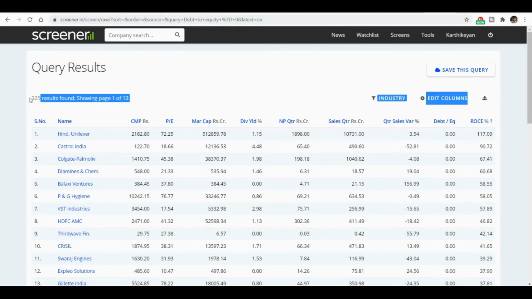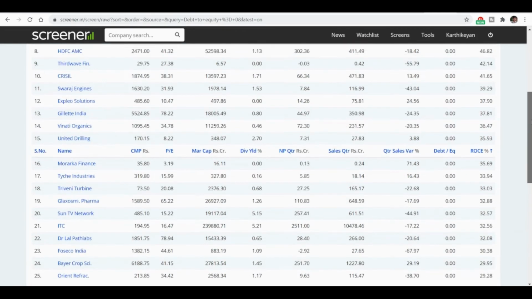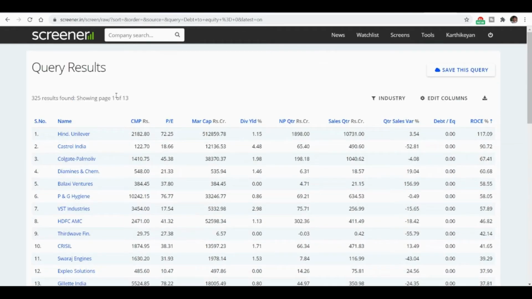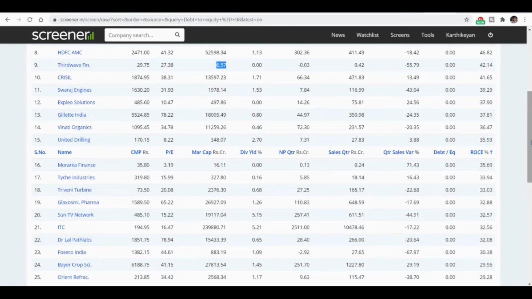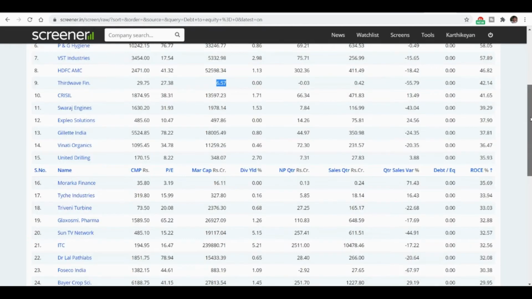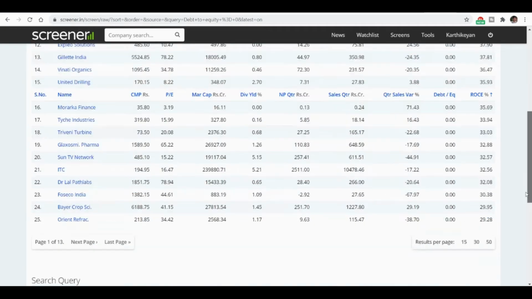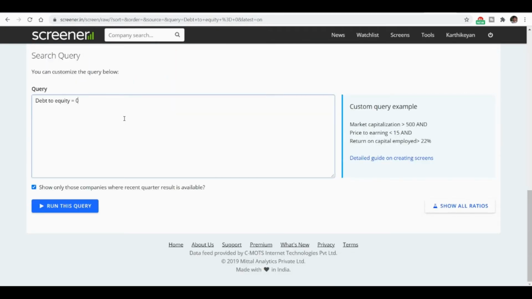All the companies don't have debt, but if you see, there are a lot of companies with a market cap of 6 crore, which we don't want to see. So our next criteria was to filter based on market cap. We will also have the current debt to equity ratio, and we will use an AND condition and use market capitalization. We'll choose greater than 5,000 crores.